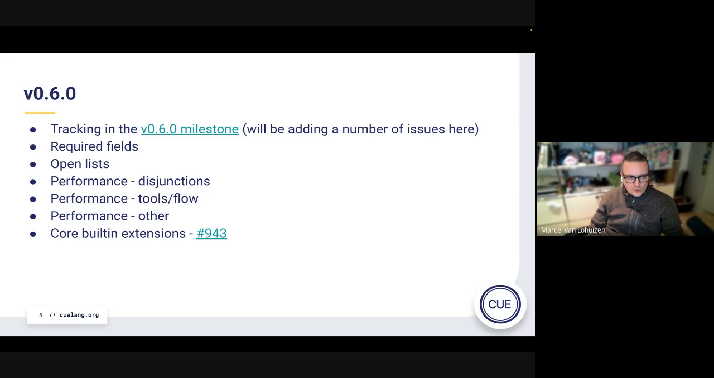So for the rest, I'm adding some features to support the language guide, strangely enough. The language guide is written with this new CUE in mind, right? We looked at how all the features are more coherent, and CUE becomes simpler to explain. So the required field is a big